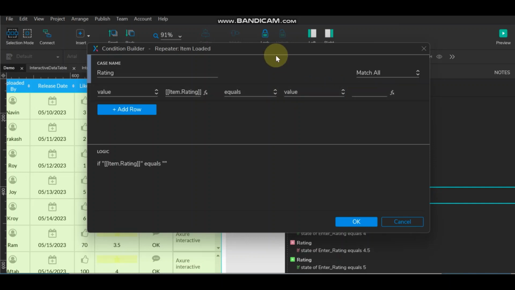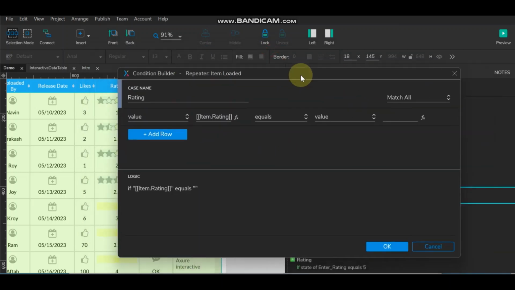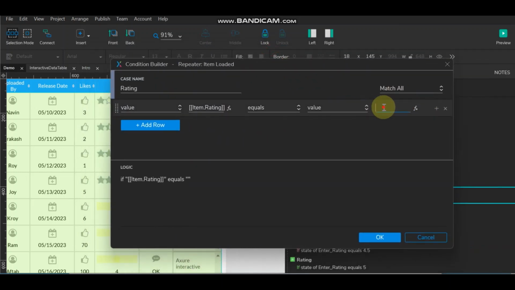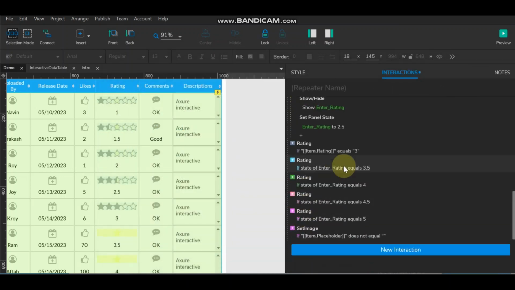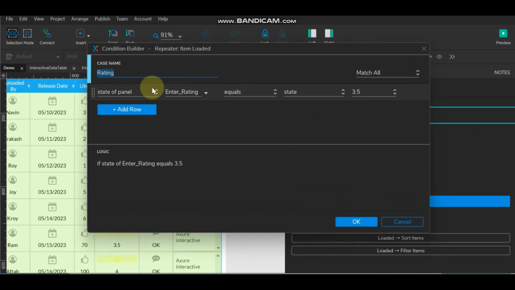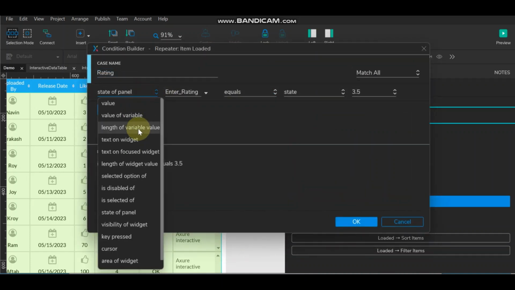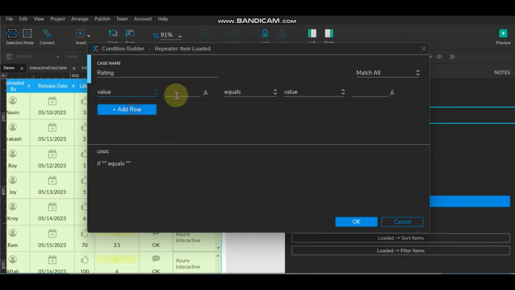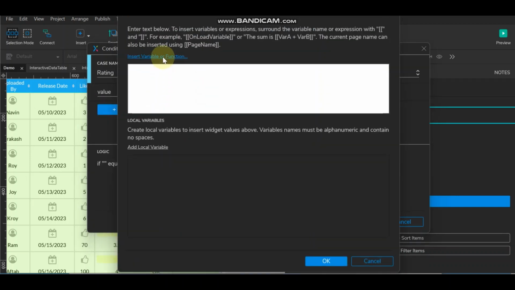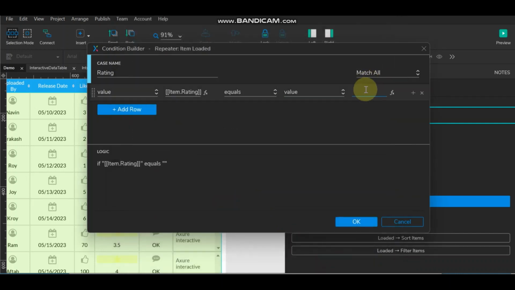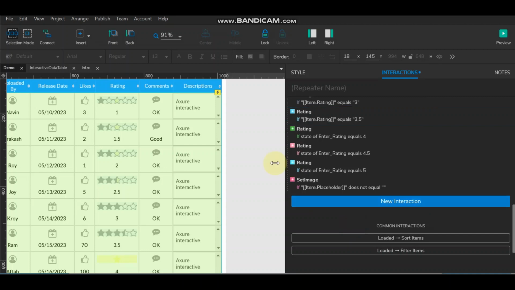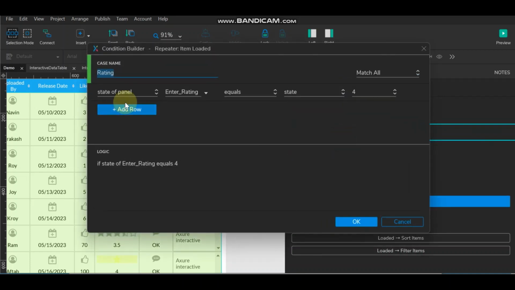Now the value is, we are writing for 2.5, done, 3. So for 3 it is appearing. Now 3.5, same way. Value of item dot rating is 3.5, then value of